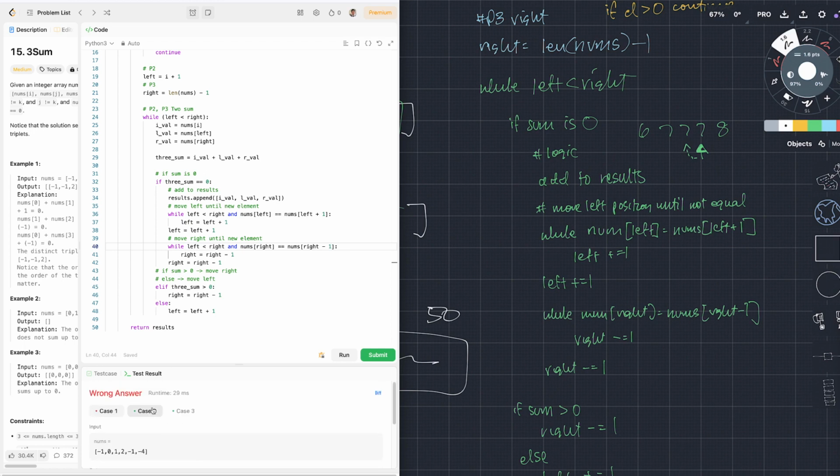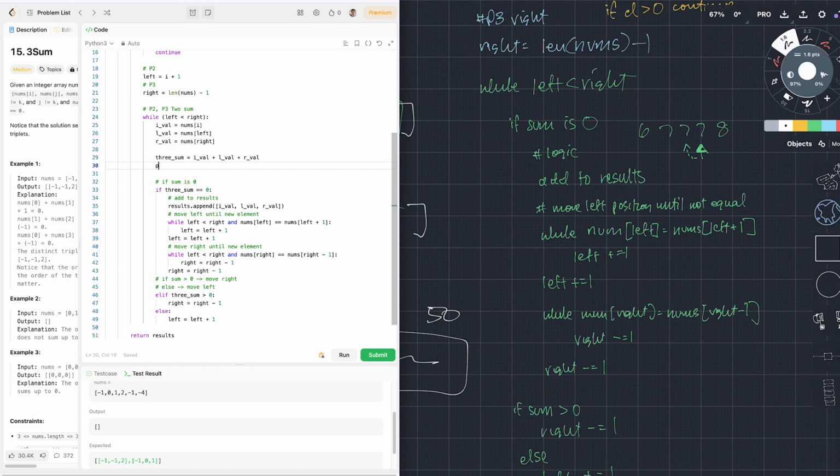Okay, so it passes these cases. Passes this case, expected that. Passes this case, expected that. And this expected some numbers. Let's see what's wrong. So this expected -1, -1, 2, and -1, 0, and 1. And it definitely should have had that right here, right? So if I printed this,